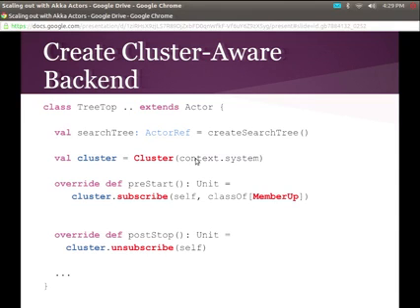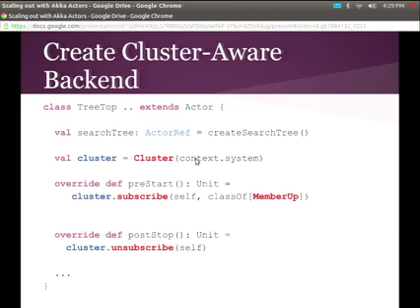In Java, you would have like a factory, and you would pass cluster aware factory and pull all that junk out. Yeah, this is what it looks like in Scala. Okay, before we start the search tree, we subscribe to the cluster for any time a new member joins. Before we stop, we need to make sure we unsubscribe so we don't have broken references.